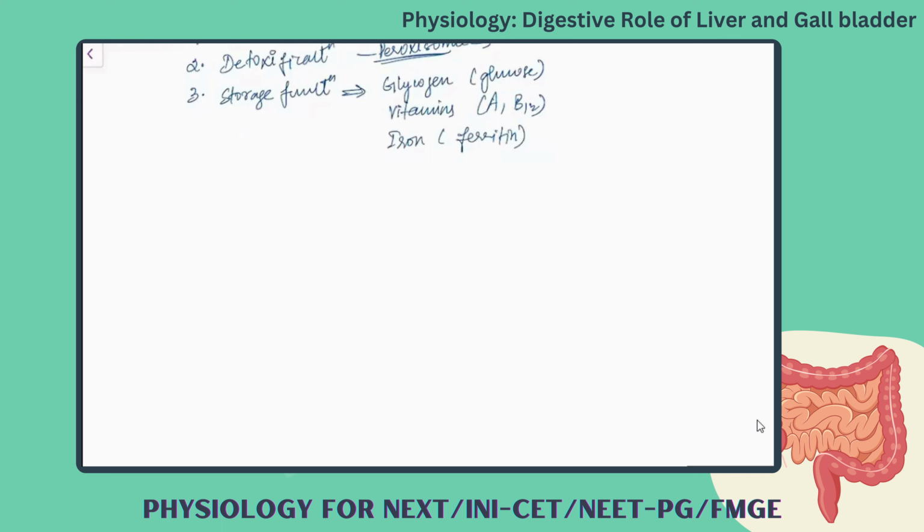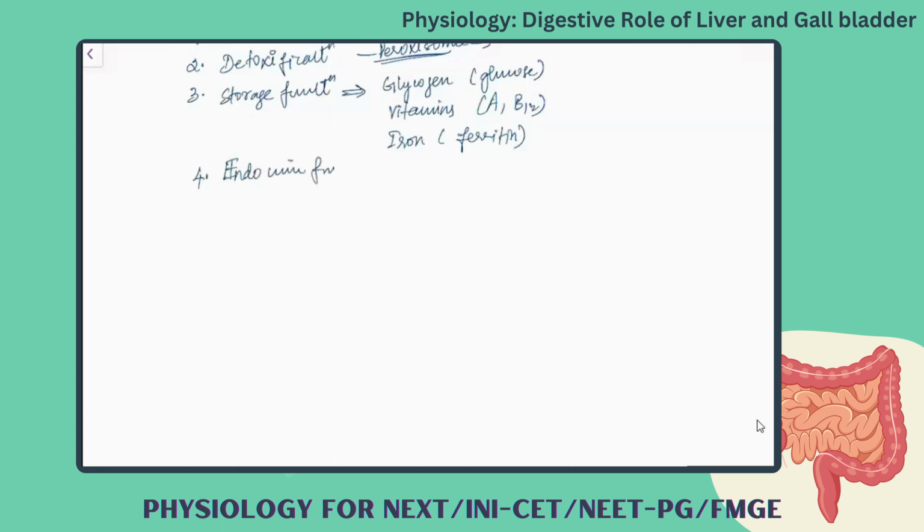From the fate of hemoglobin. After 120 days, the RBC is lysed and it releases hemoglobin, which further releases the iron. It is reutilized for RBC synthesis, and the excess will be converted into transferrin. The transferrin is the storage form of iron. This is also happening in the liver. And apart from this, the liver also has